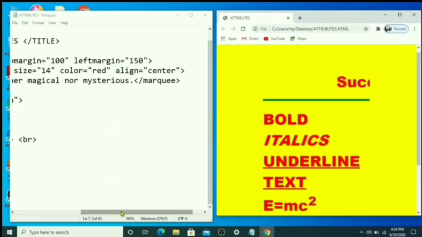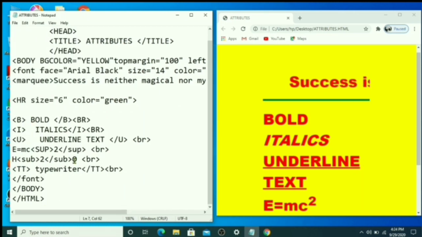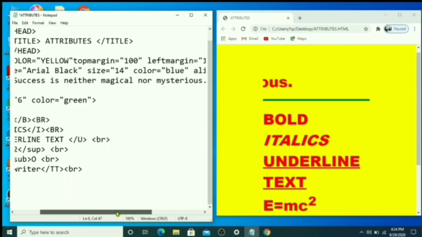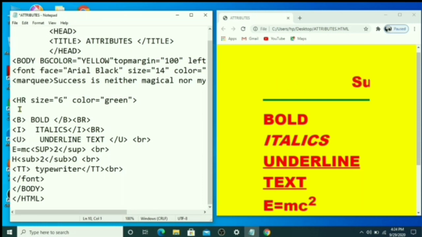And if you want to change this font color, only this font color, so that time you change the color here also. Suppose you want to give blue color, and these lines should become another font color.